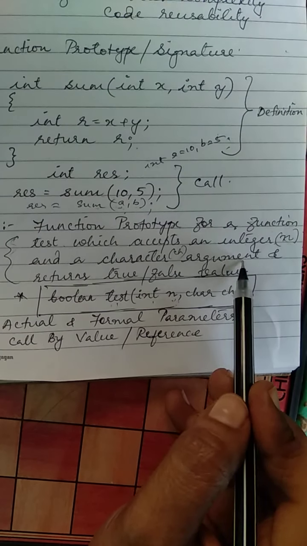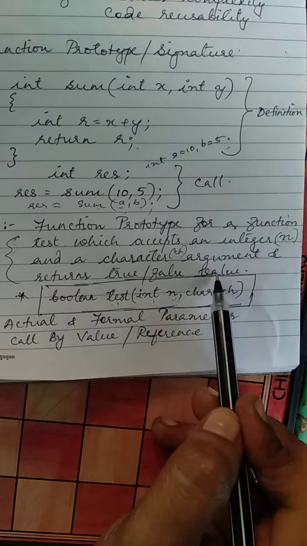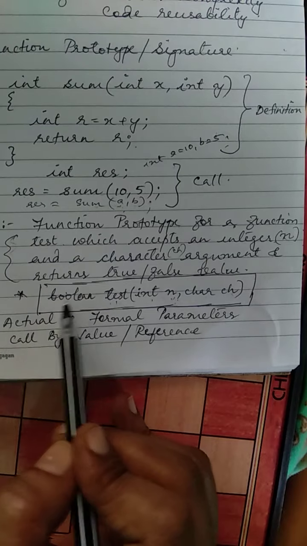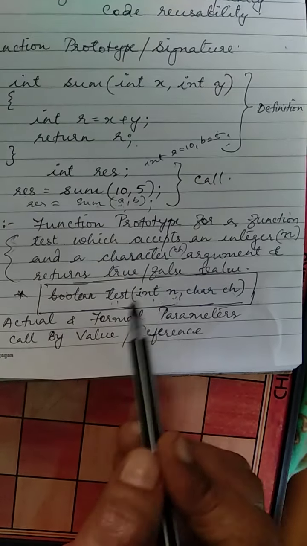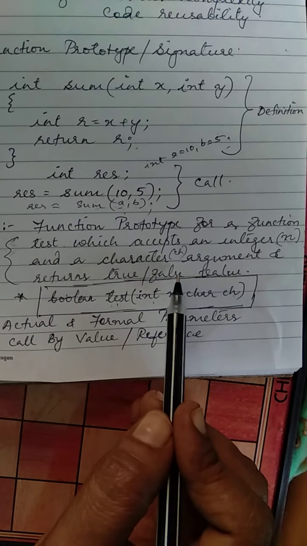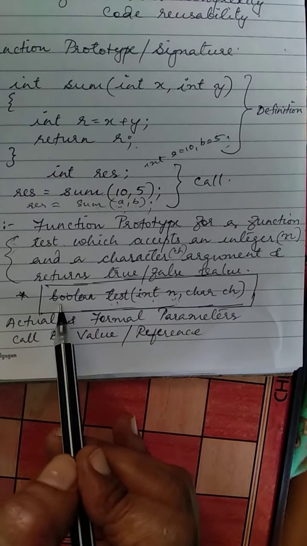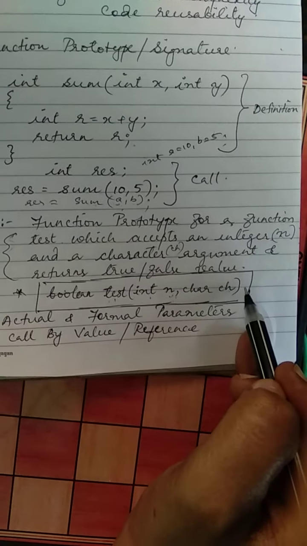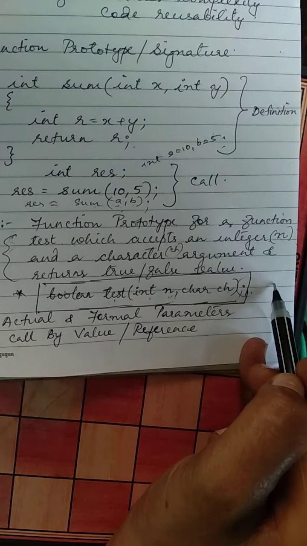Then what is the remaining question? It accepts these arguments and it returns true or false values. Always the return type should be written on the left side of the function. So what is the returning value? They are asking to return either true or false. You know, true or false are the constants or values that are stored in which data type? Boolean data type. So on the left side, what do you have to write? Boolean. So this is a function prototype. You can put a semicolon. This is not compulsory. Either you can put a semicolon or it is not needed.